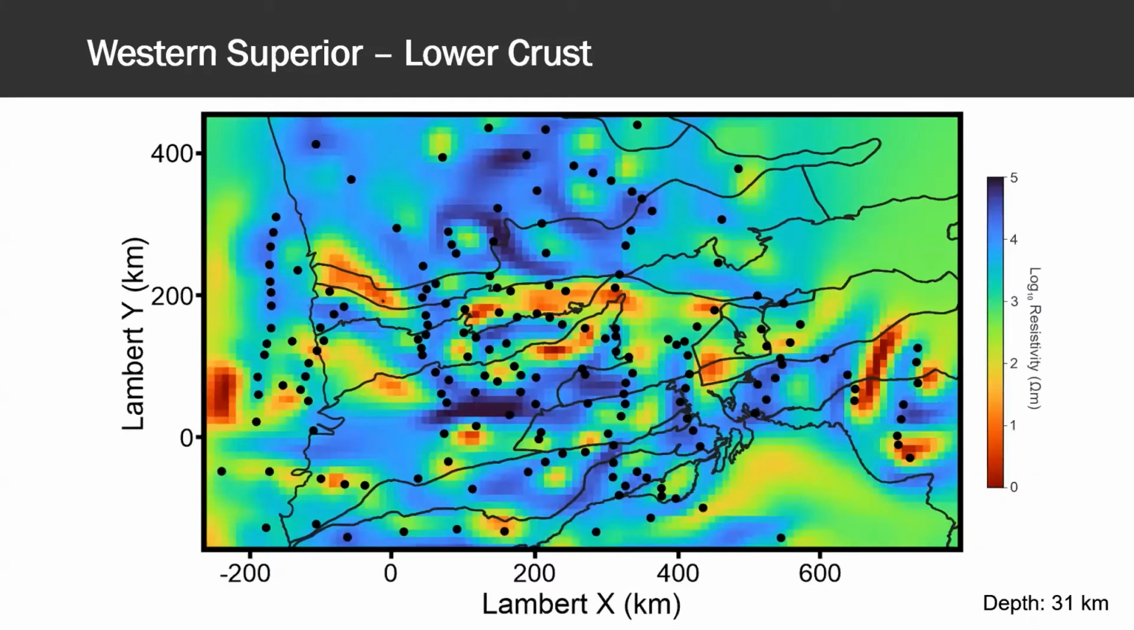So we've already covered the upper crust. We're jumping to a slice here in the mid to lower crust at 31 kilometers depth through the preferred model. This is where we really start to see the coherent structures come through. As in the upper crust, the North Caribou terrain to the north is largely resistive. To the south, underneath the subprovince boundaries corresponding to the Uchi terrain, English River and Winnipeg River,